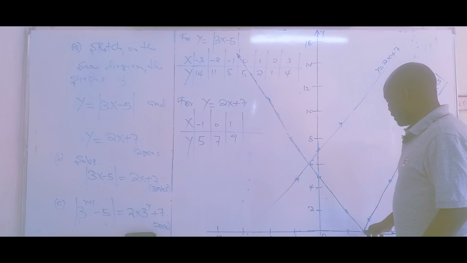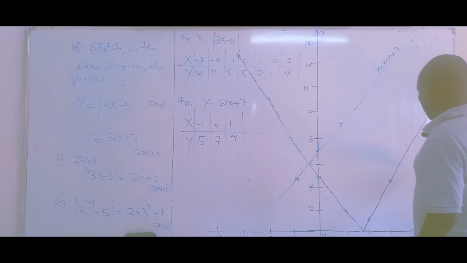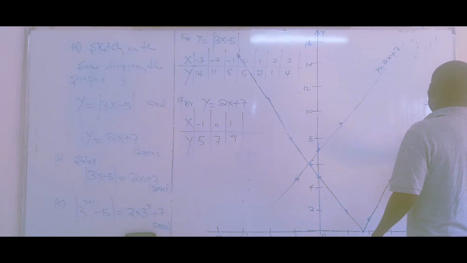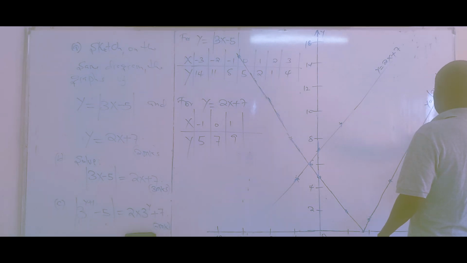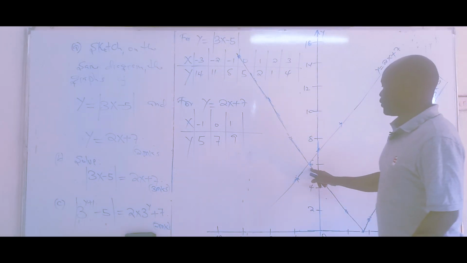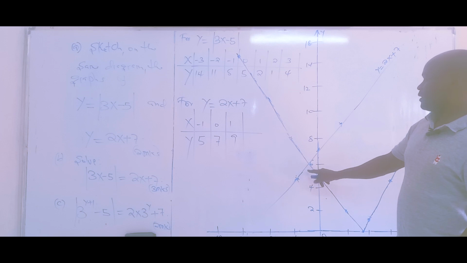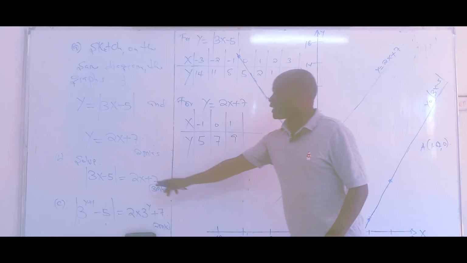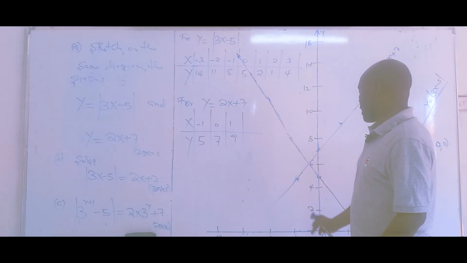This point is about... at this point, with some accuracy, it's about 1.67. X is 1.67 and y is 0, as you can see. There's also this point, which is the point of intersection. And if you drew this curve to scale, then you are able to read off this answer from here directly,